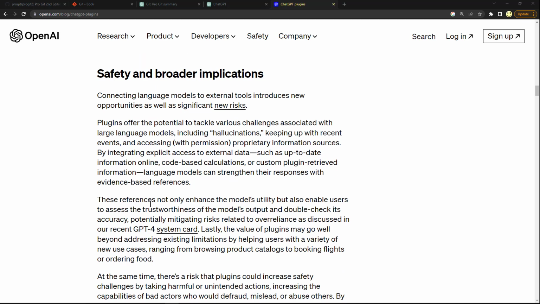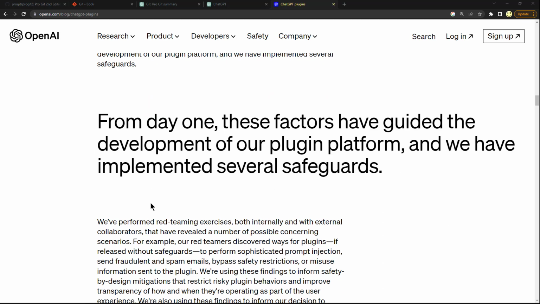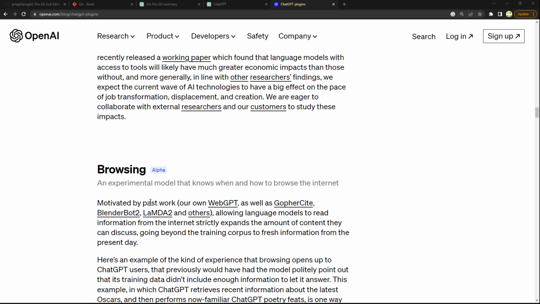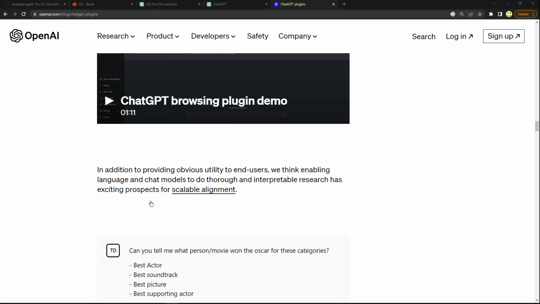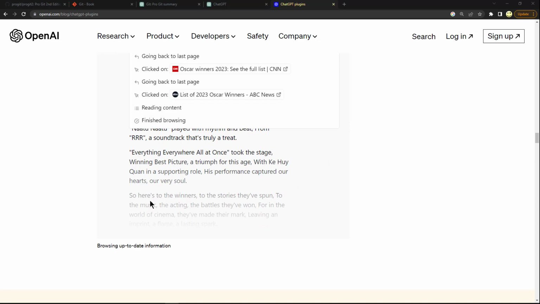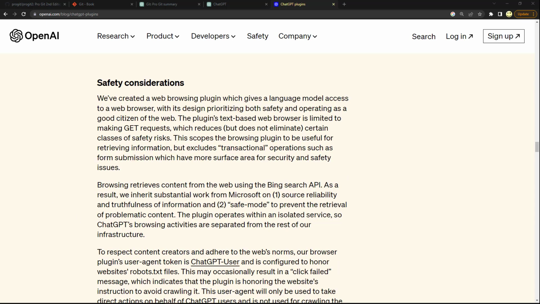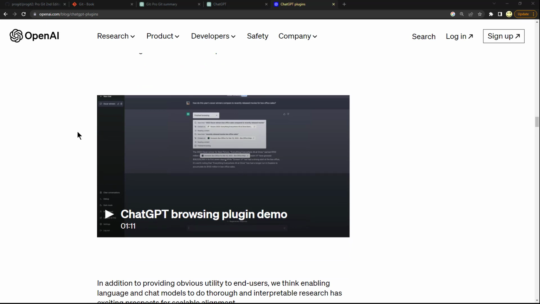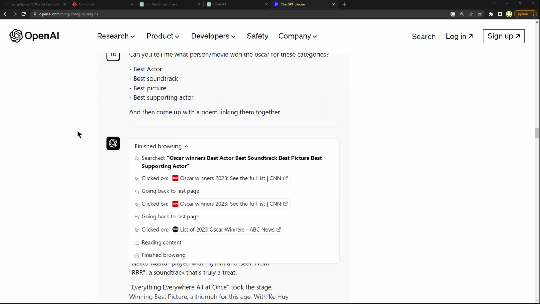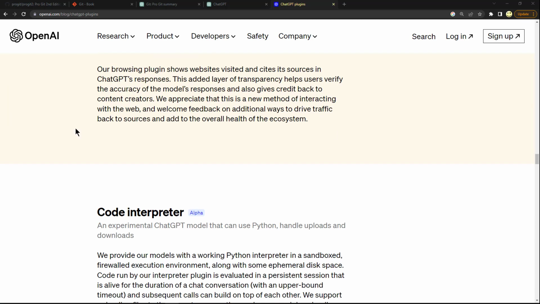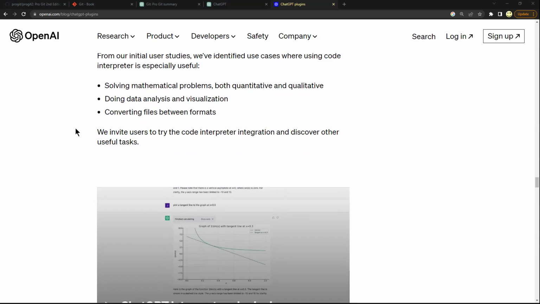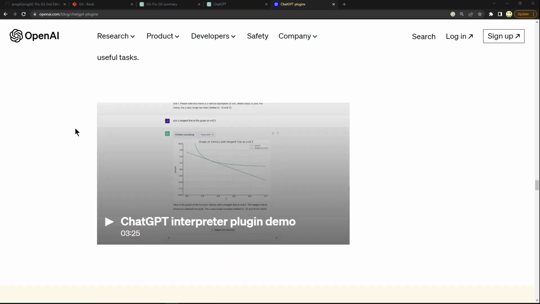They go on to talk about safety and broader implications, how they're implementing safeguards, and just other really good information. So give that a look if you want more details. If you decided to keep scrolling, you'll see examples here in short videos: ChatGPT browsing plugin demo, code interpreter, ChatGPT interpreter plugin demo,